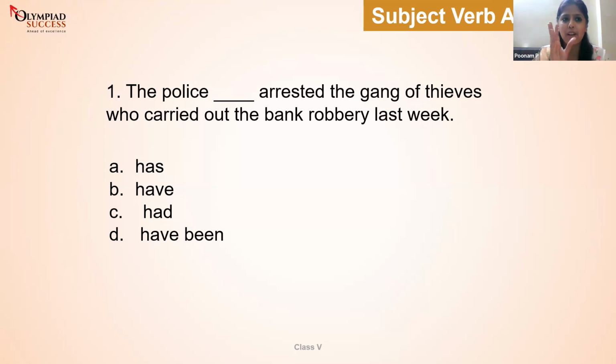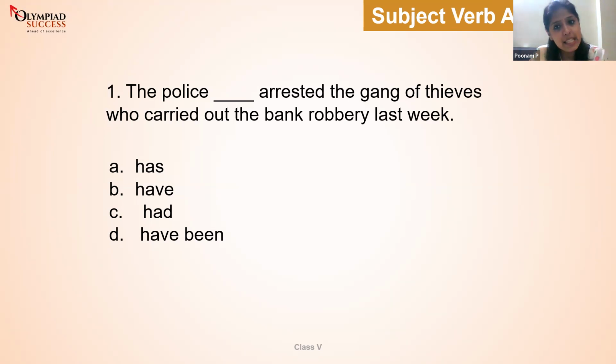So please, I'm eliminating 2 answers, C and D. Please tell me if it's A and B with the logic behind. Arush and Samreen, Smarani, sorry. Please tell me the logic behind. Don't just go by what sounds right. Okay, let me tell you the answer. Those who answered has, you can pat yourself on the shoulder if you are right.